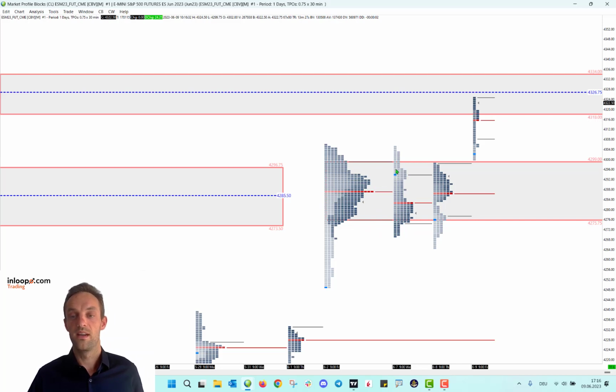And here you can see again that the market tried to push through to the upside, then failed, went all the way down, and then closed here at the bottom. So depending on your time frame, what you are trading, if you are trading intraday, then you can use these kinds of levels as your targets or your support zones, where you can switch your mindset, for example, from a long trade to a short trade.